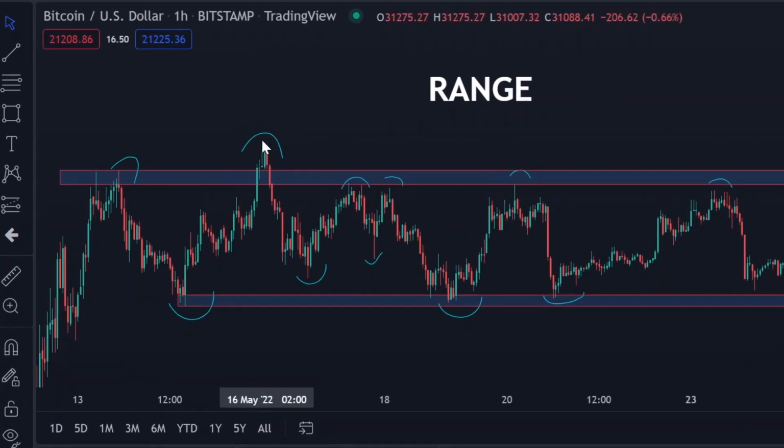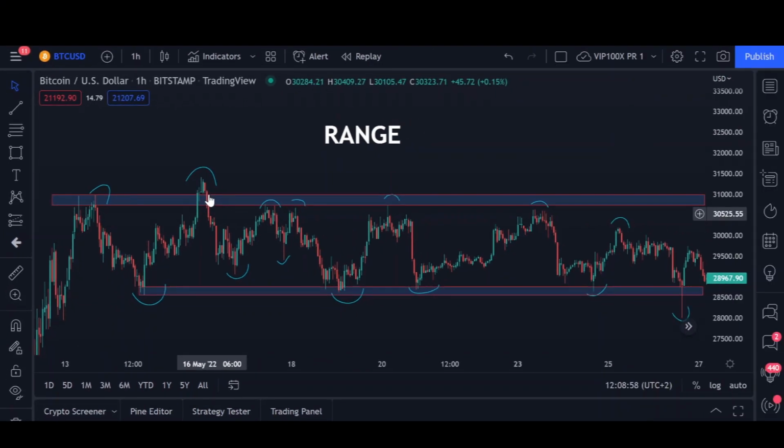We see in this one that it broke the resistance zone but came back in the range right after it went above the resistance. That's what is called a fake out, and it is not considered as a break of the structure. There is no blank space such as here, here, or here, or here. The way of trading this range is to go short when price is at the zone